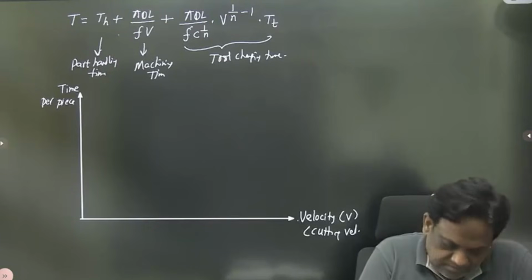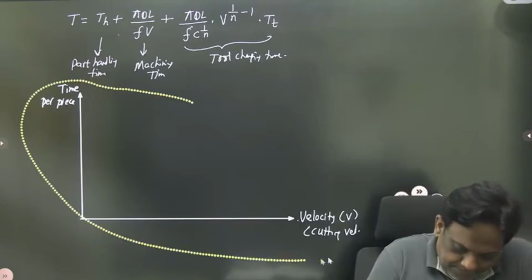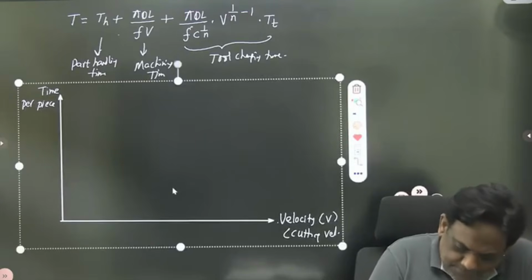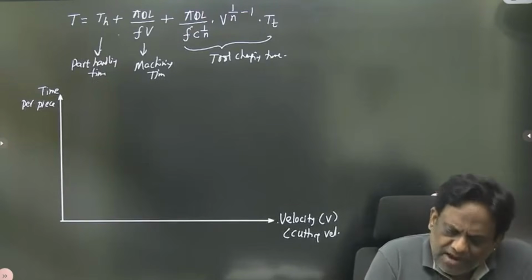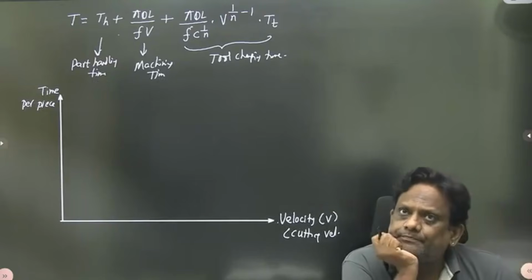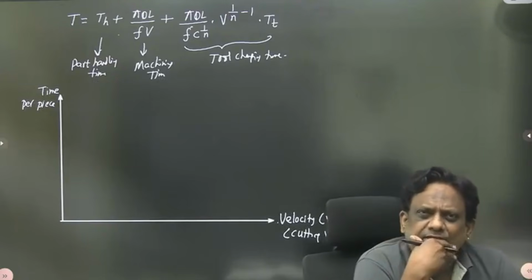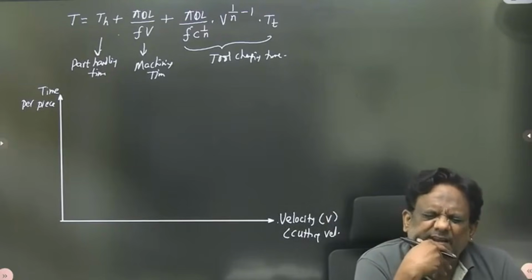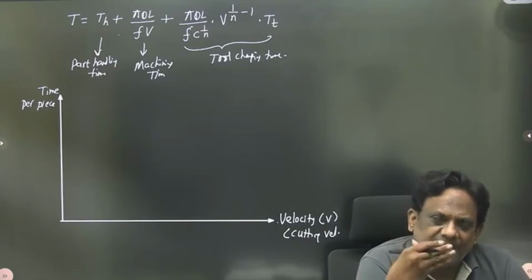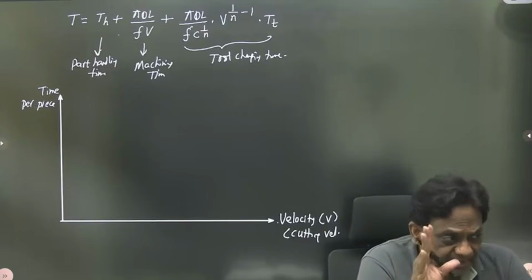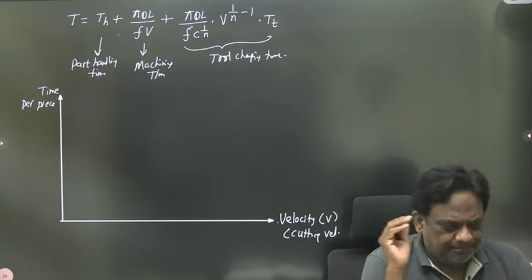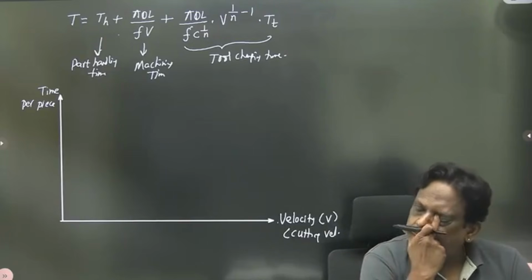अब सुनिए सर. Generally what is the value of n? I have given you sir. I think for high speed steels it is 0.2 और समथिंग लाइक 0.15, something like that. सिरेमिक्स के लिए 0.6, ऐसा बढ़ते जाता है. I think I have given values. याद रख लेना. वेरी गुड सर.